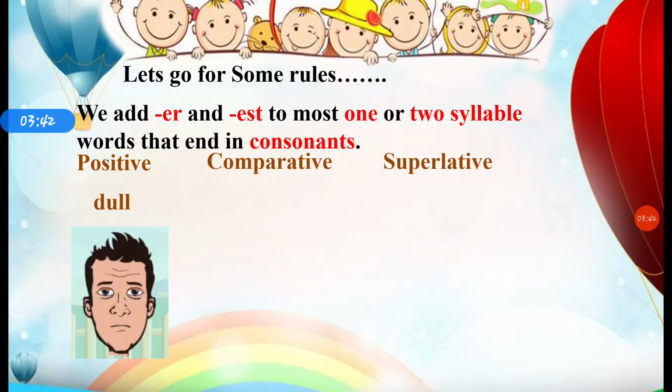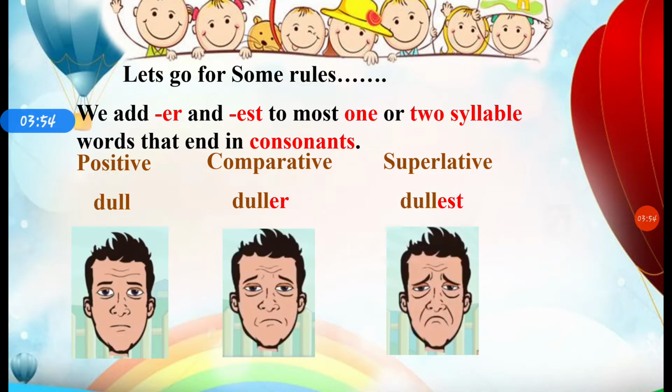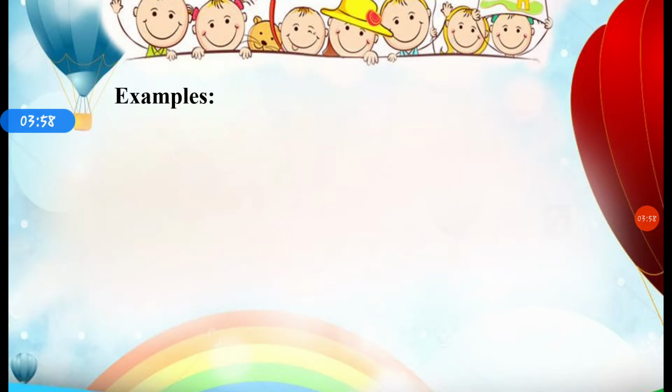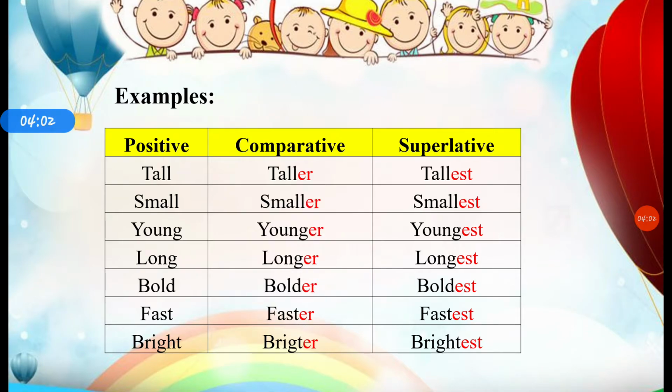Dull, here the letter L is the consonant. So in the comparative degree we add er. It becomes duller, and in superlative degree we add est. So it becomes dullest. Here are some more examples of this: tall, taller, tallest; small, smaller, smallest; young, younger, youngest;